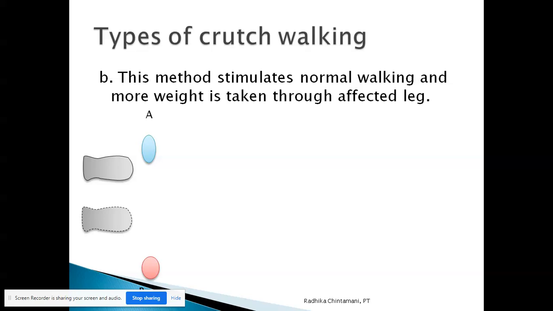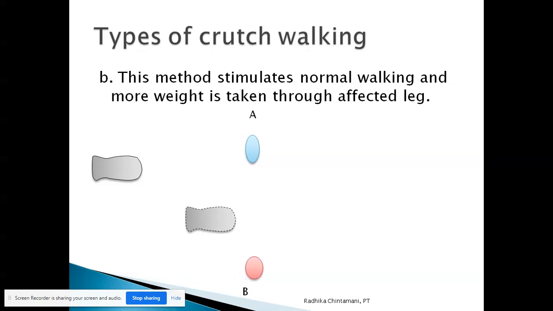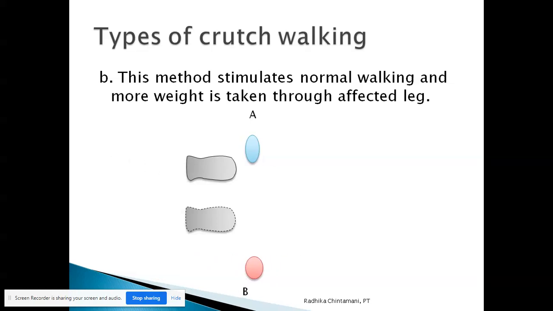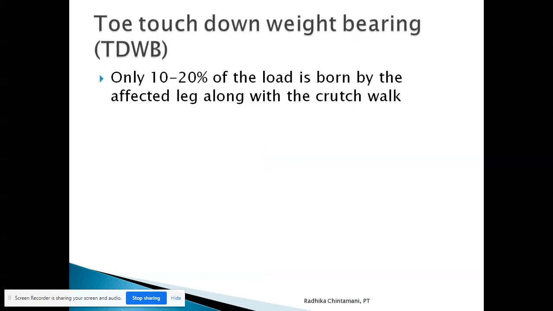Let's look at the video demonstration, how it looks. Crutch A is taken forward, followed by the contralateral affected extremity, followed by the other crutch, and then comes the good extremity. I'll repeat it again. Crutch A is taken forward, followed by the contralateral affected extremity, followed by one more crutch, then comes the good or unaffected extremity. This is how the second part of partial weight bearing is carried out.